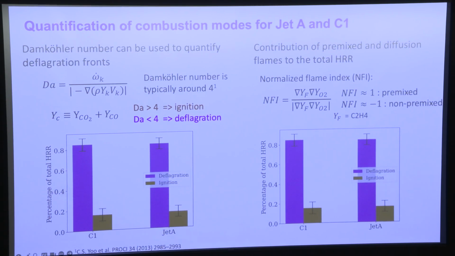Beyond that, then we can try to distinguish whether we've got premixed flame propagation or diffusion flames contributing to the heat release rate. And the way we do that is we compute the normalized flame index, the so-called Takeno index, which looks at the alignment of the gradient of the fuel and oxidant, and we see that the normalized flame index is close to unity when you have premixed flame and close to -1 when